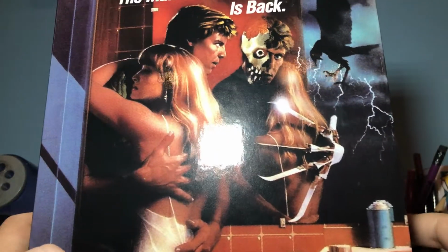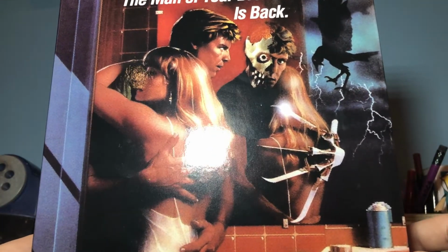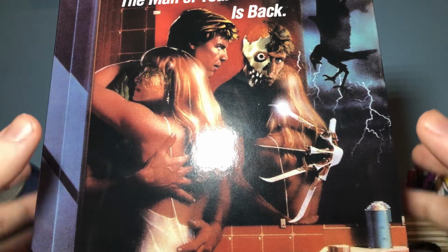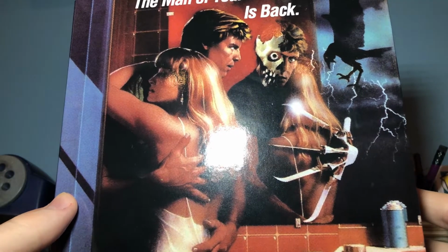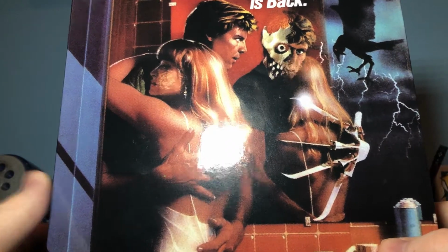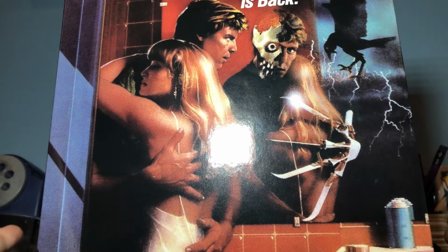Here we have the box. This is the NECA Freddy Krueger box. Obviously, it's a NECA box, so it comes in the normal box it normally comes with. I'm pretty sure next time we do a figure review, we're not going to do NECA. Maybe. We might. I'm not really sure. But we might do SH Monster Arts, Mecha Godzilla, from the new movie, obviously, because I cannot afford the other ones. So we might do that, or in the future, if I get money, I recently was babysitting, so